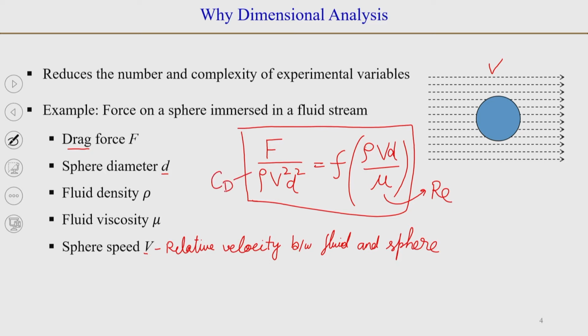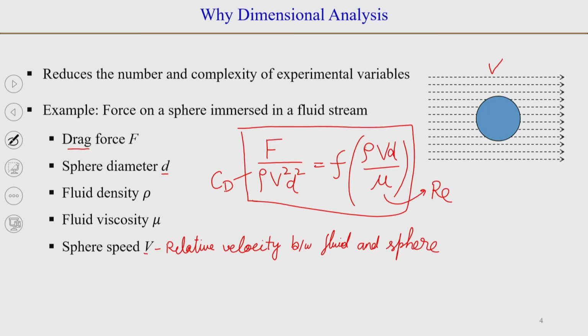So, now the problem becomes simpler. If you have to do experiments, the easiest thing to change in this parameter will be the velocity. You can do the experiment, let us say with one fluid, air or water, on one diameter of a sphere, change the velocity of the fluid over it, and you will get the Reynolds number dependence of C d. And in doing that, you will reduce the time and effort that is required to do the experiments.